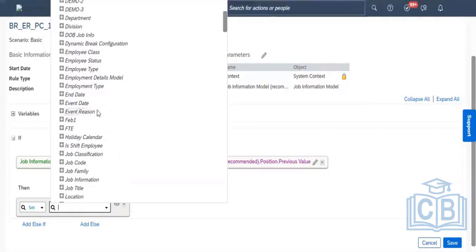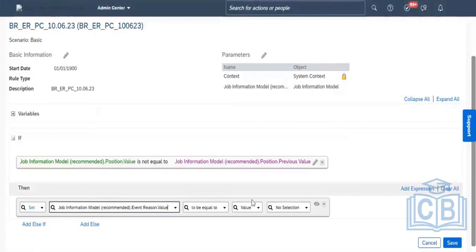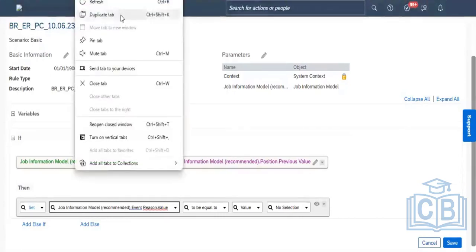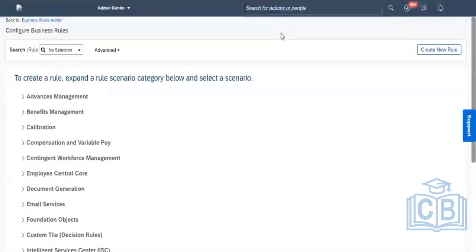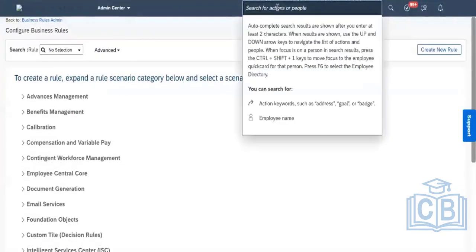You can see event reason value. We need to select the event reason. What is the event reason value? I think I have already configured the event reason value earlier, where it is configured in manage org job pay structure, correct? So let me go into manage